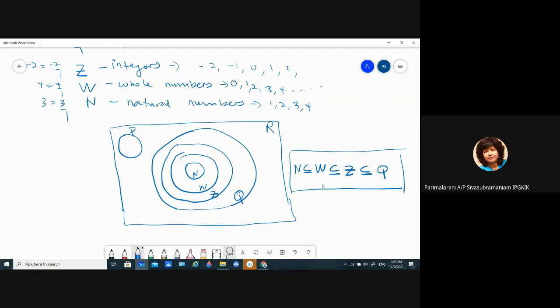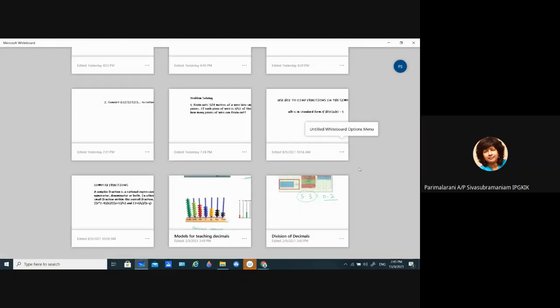Natural numbers are a subset of whole numbers. Whole numbers are a subset of integers. Integers are a subset of rational numbers. So rational numbers can be both positive and negative. All integers are rational numbers. All whole numbers are rational numbers. All natural numbers are rational numbers. Okay, remember this. So we have looked at the definition of rational numbers. Next we are going to look at